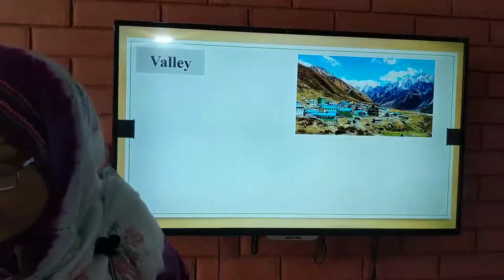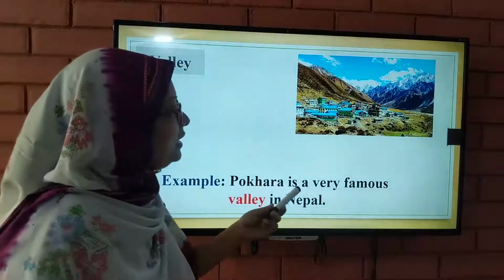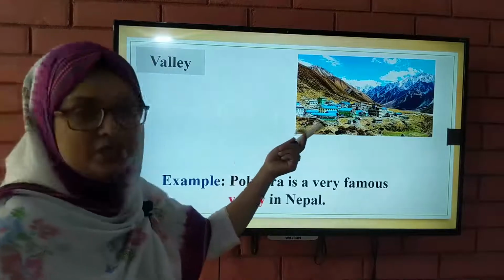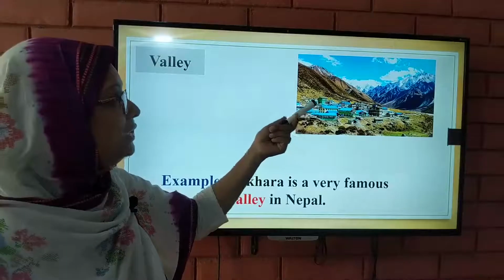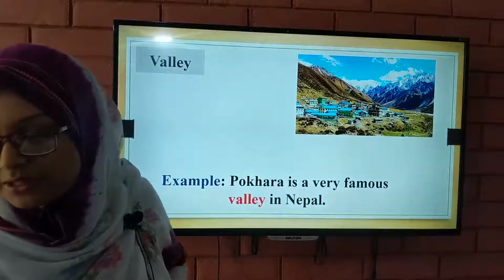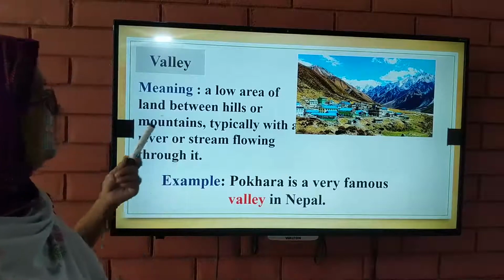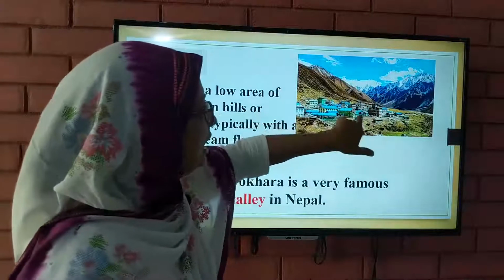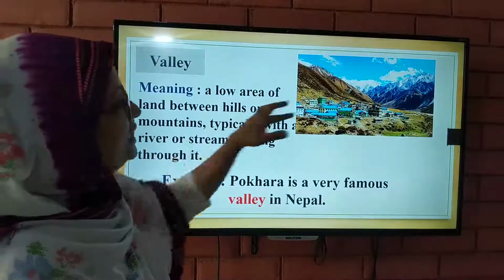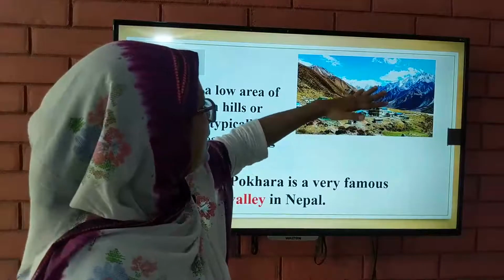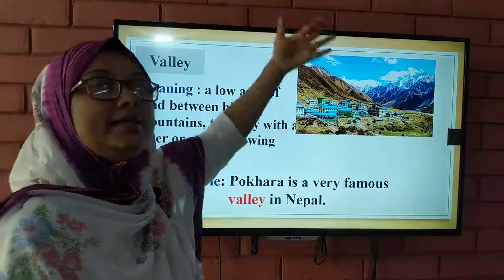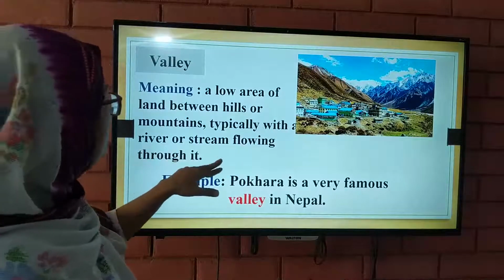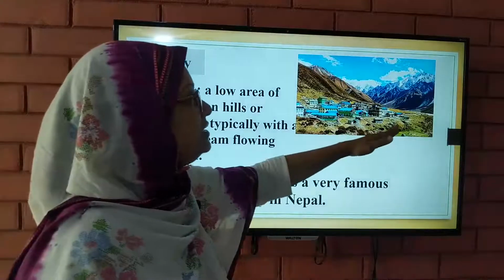Okay, so let's see an example. Pokhara is a very famous valley in Nepal. Okay, so this is the picture of Pokhara, and this is a valley and it's very famous. And what is the meaning? A low area of land between hills or mountains. Actually these are mountains, you can see that they are higher than the hills. So typically with a river or stream flowing through, generally there is the flowing of a stream in the lowland,